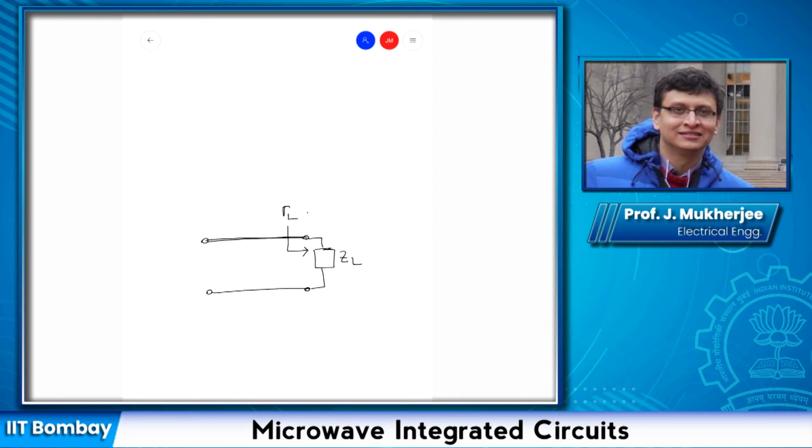This is a transmission line with characteristic impedance Z0 and propagation constant beta. Power delivered to load is, this is if V and I are expressed as RMS, or this is equal to